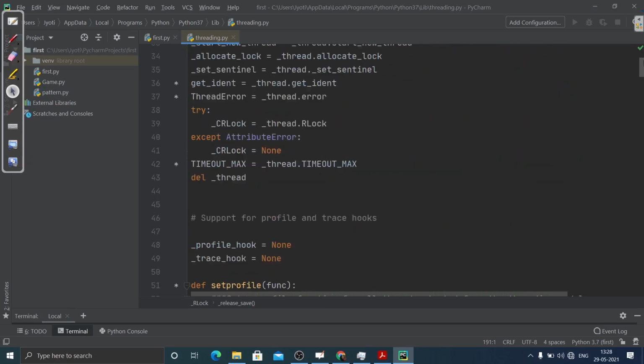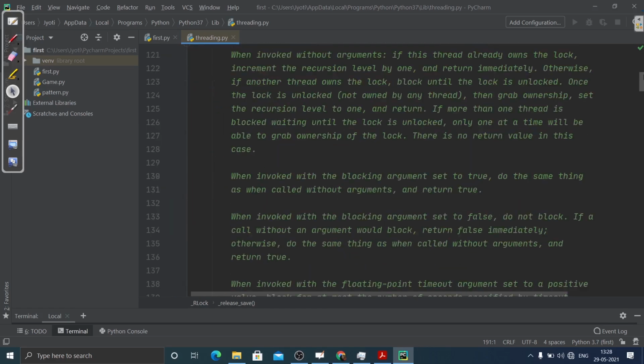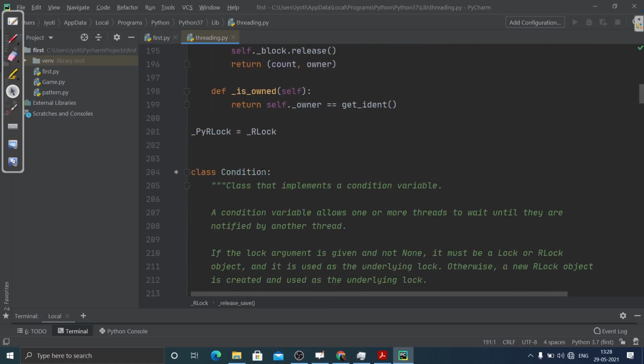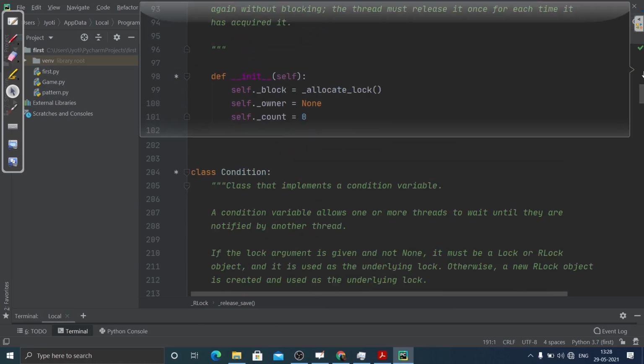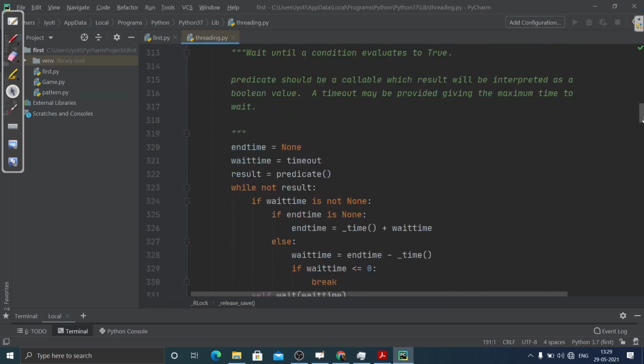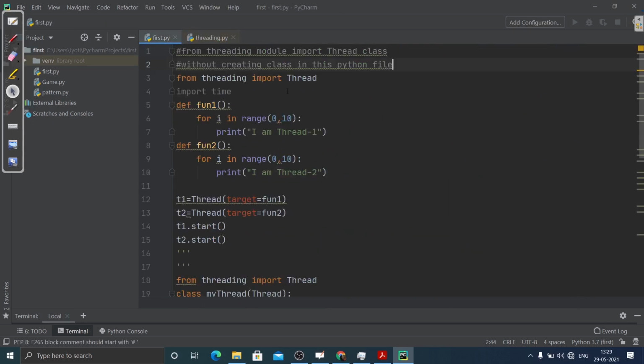So I have imported the thread class. You can find where the thread class is, but it will take a lot of time. Here you can see this is class Condition. You can import this class too. Likewise, there will be one thread class. So what I'm doing is, from threading, importing this thread class. And then I'm importing this module, that is time. I haven't used it, that's why it is not showing any color.